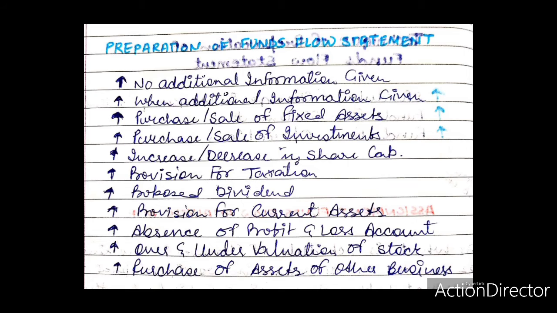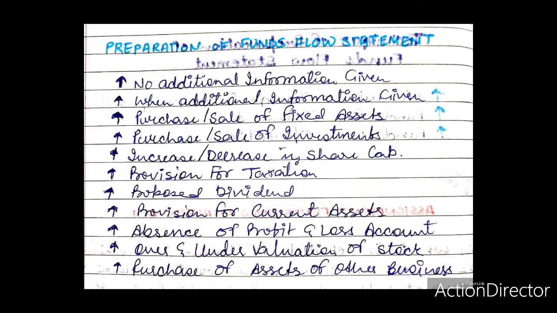These transactions are analyzed by preparing share capital account or debenture account exactly in the same manner as suggested for fixed assets. If these shares or debentures are issued at premium, the amount of premium is also treated as source of funds. But if shares or debentures are issued to finance the purchase of assets or conversion, that is debentures into shares, there is neither any source nor any use of funds. Further, the issue of bonus shares or stock dividend is also not a source nor use of funds.